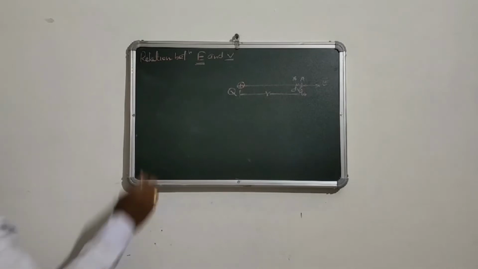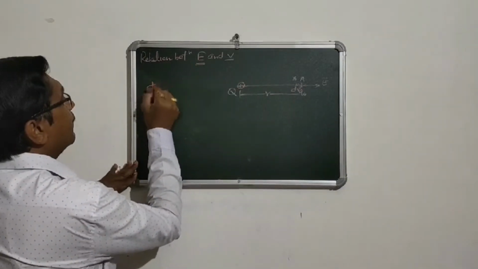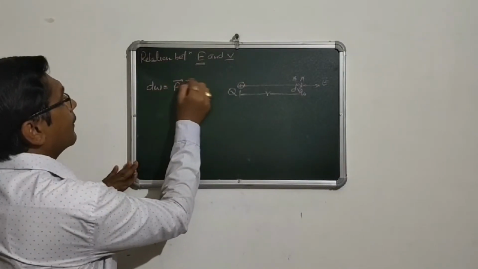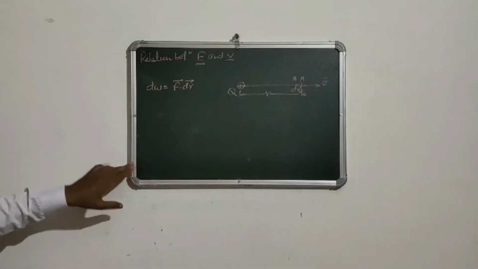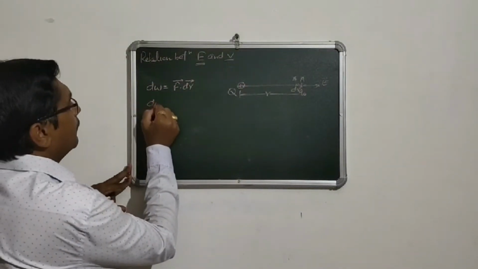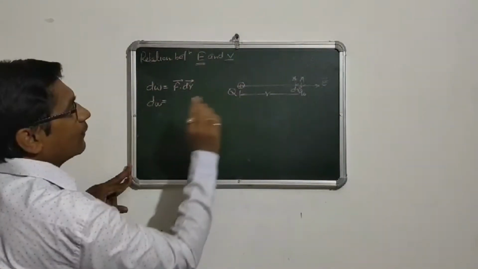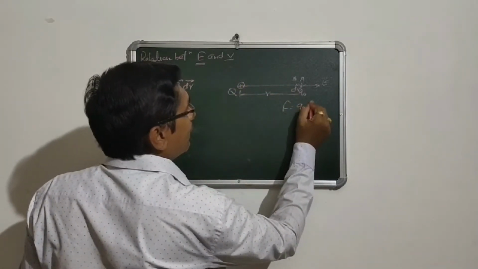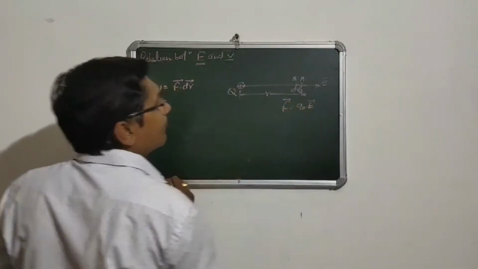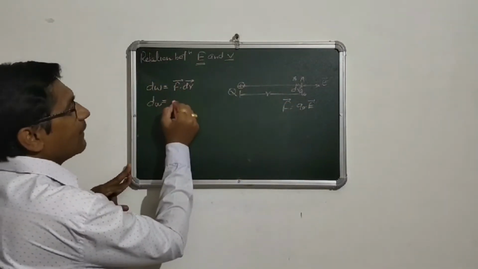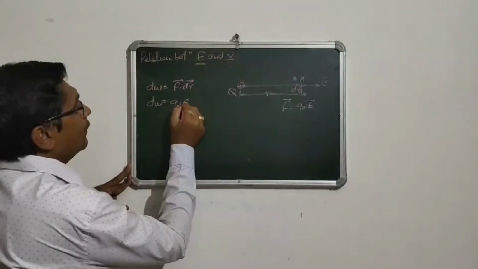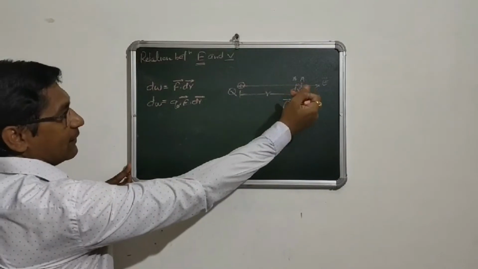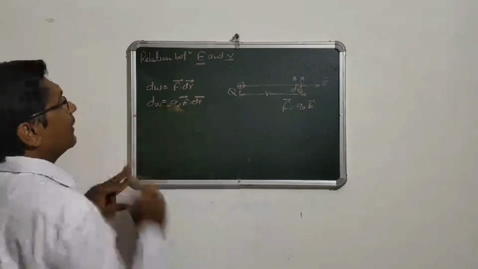Okay. The formula of work done: dW equals F dot dr. The force acting between the charges, F, is equal to Q naught into E, where E is the electric field. So we put F equals Q naught E dot dr. But we bring the test charge in the direction opposite to the field, that's why we use the negative sign here.